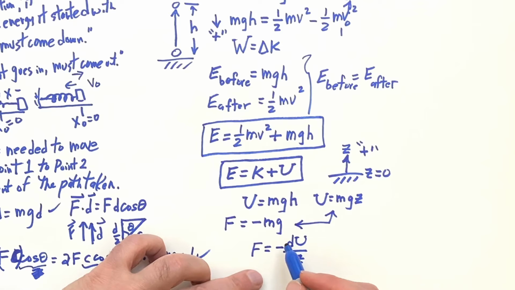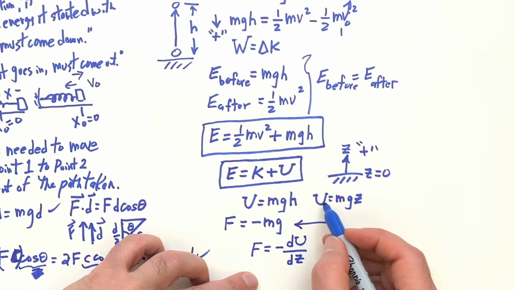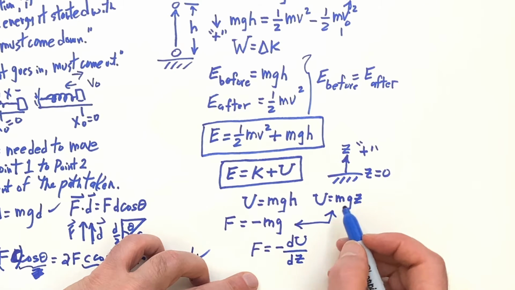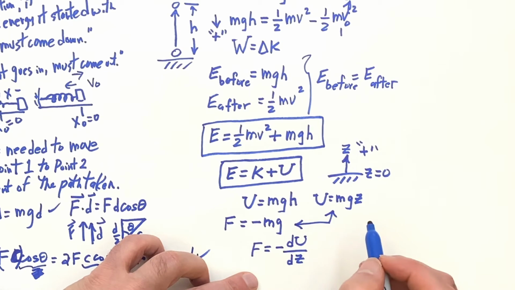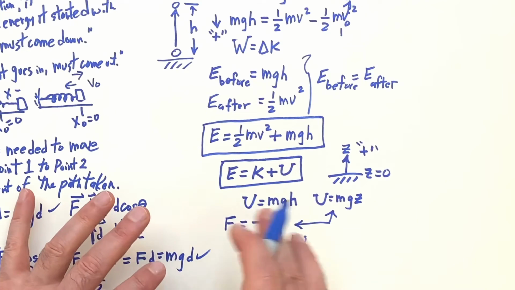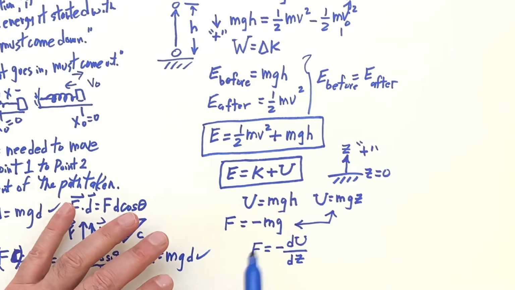So that's the connection: you take the derivative of the u and you get mg, and then you put a minus sign in front, then you get your force. Now when you have friction, just remember that you don't have a potential energy, this would not work, but energy is conserved in the sense that the